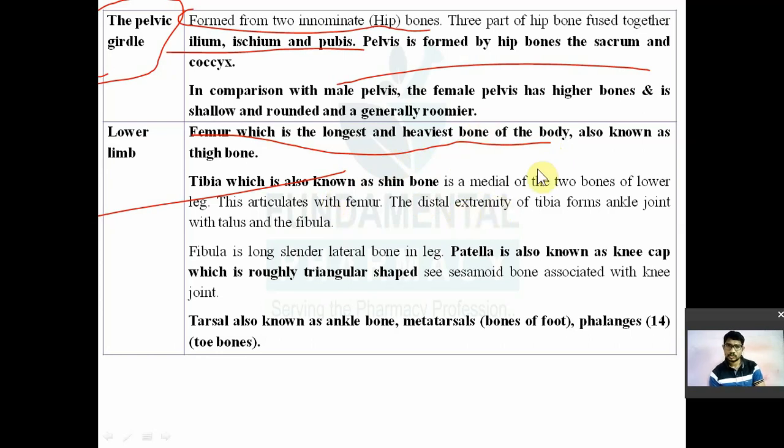इसके ऊपर क्वेश्चन आ चुका है. That femur is the longest and heaviest bone of the body, also known as the thigh bone. Tibia is also known as the shin bone. तो four leg मतलब नीचे वाला part tibia